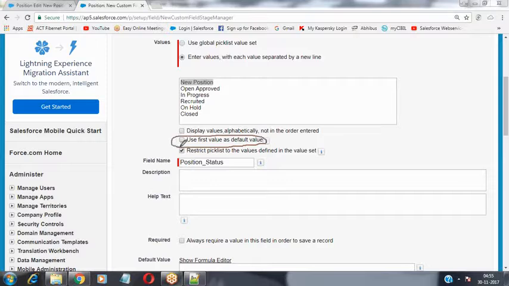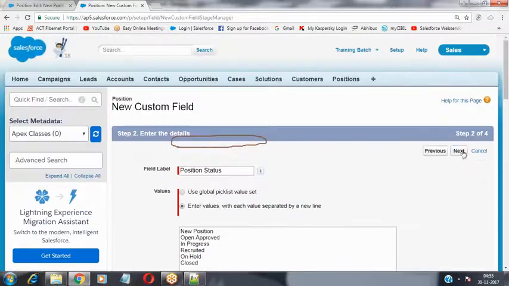I don't want to arrange these values in alphabetical order because these are stages we have defined inside my organization. Every position has to come across these stages in the same order. So I'm selecting that second checkbox, use first value as the default value. Now, go to the next.